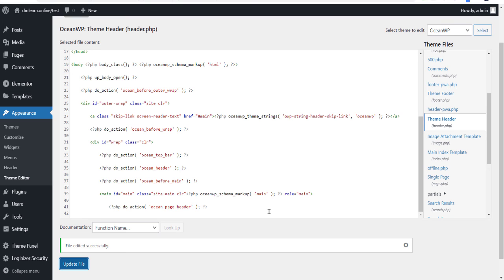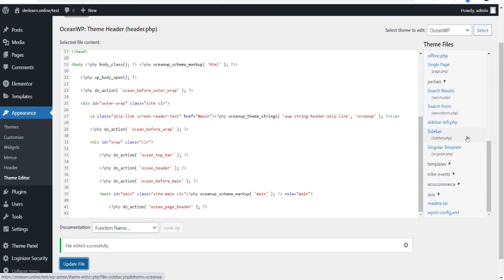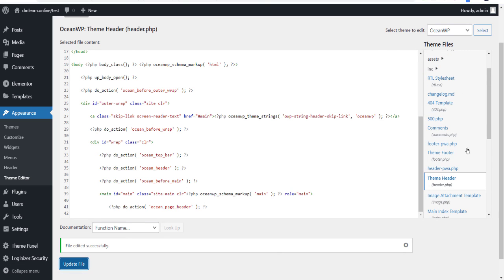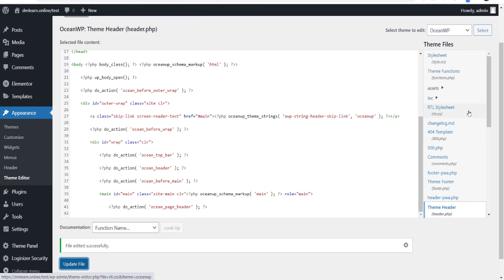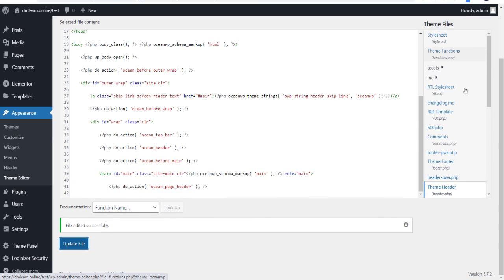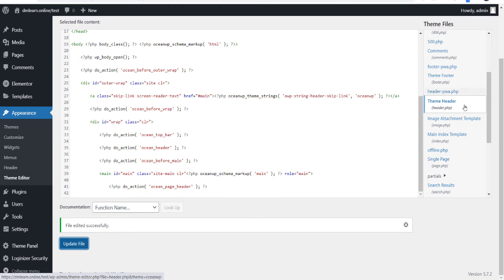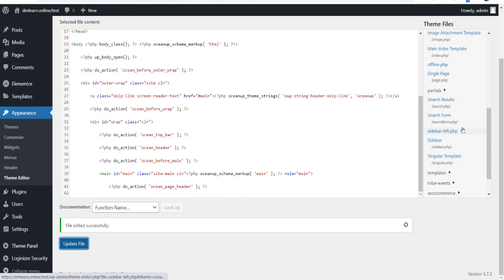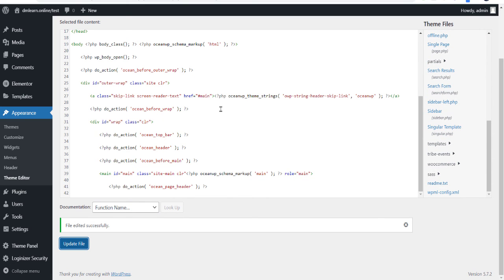If you want to make top-level changes, you must have knowledge about designing and development, because all of these are designing and development things. You can see the PHP files, so you must have knowledge about PHP too, and CSS also. There are lots of CSS files, cascading style sheets. I don't recommend you do any pilot testing or change anything, just keep it as it is. My motive is just this: